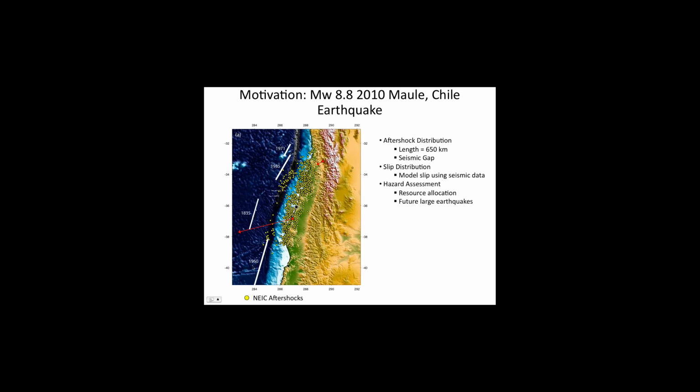So you had this extremely large 1960 event to the south of this aftershock distribution. You had these two events in the northern part of this aftershock distribution in 1985 and 1971. And then right around the epicenter, or slightly south of the epicenter, you have this 1835 event. So the fact that this region around and slightly south of the epicenter hasn't ruptured for nearly 175 years